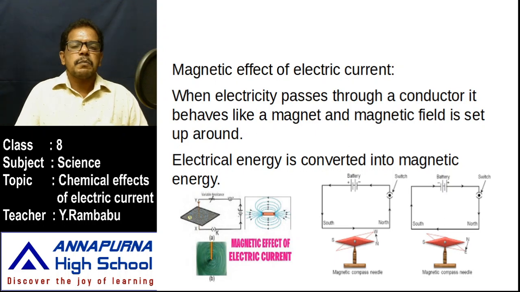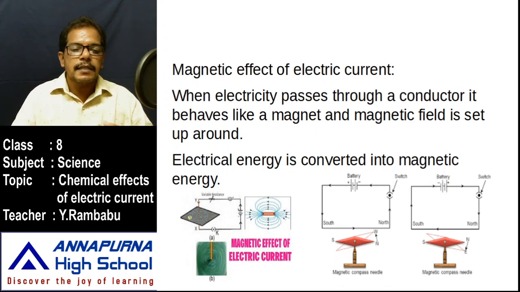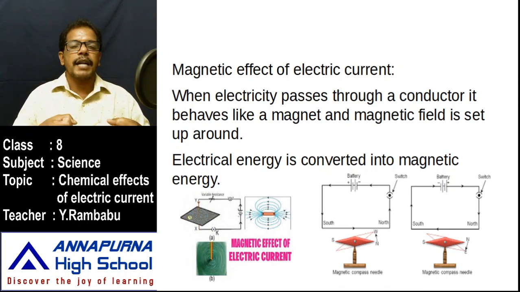We place small pieces of iron near this coil. The coil means the soft iron on which the insulated copper wire is wound. We turn on the switch. Whenever the electric current passes through it, these small pieces of iron are automatically attracted by this coil. That means it behaves like a magnet. How does this happen? Whenever electricity passes through it, it behaves like a magnet. The same concept is used in electric cranes.